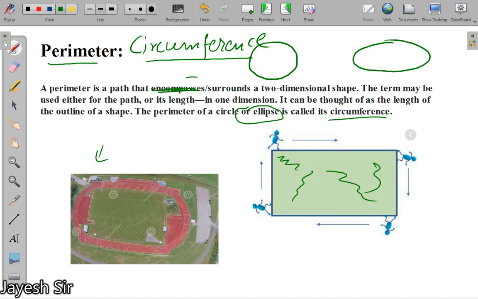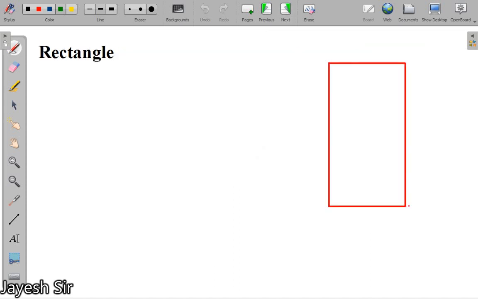Okay, something like a spoon, shaped like a spoon, is called an ellipse. Okay, so these are two concepts, writing their definitions is compulsory. Next we will discuss different shapes and their parameters and areas. In this chapter we have lots of formulas regarding parameter and areas of different shapes.